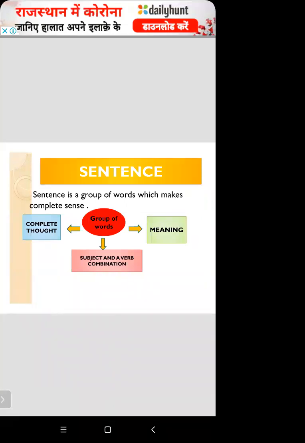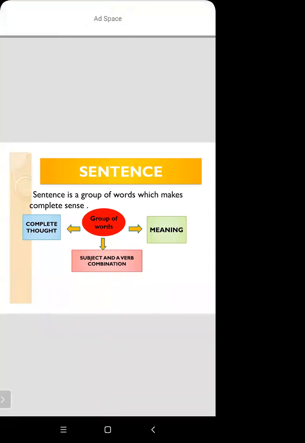Okay? So group of letters हमने बात करी थी अभी. जो group of letters होते हैं वो क्या कहलाते हैं? जिसमें sense बनता है वो word कहलाते हैं. In the same manner, a group of words which make complete sense is called a sentence. ये क्या कहलाते हैं? Sentence. जिसको हम हिंदी में क्या बोलते हैं बच्चों? वाक्य. Clear students?